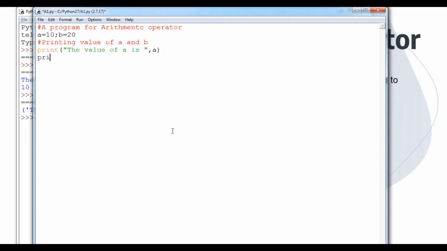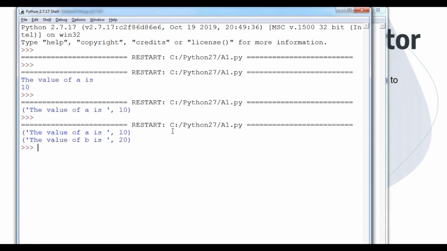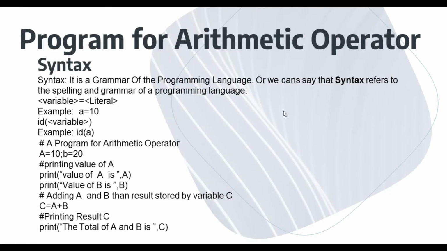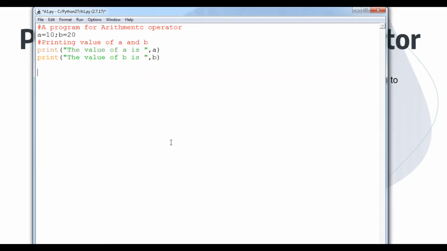Next, print the value of b is, then b. Now you can see the values of a and b are both printed. Now I am going to use the arithmetic operators given in that particular program, using plus.